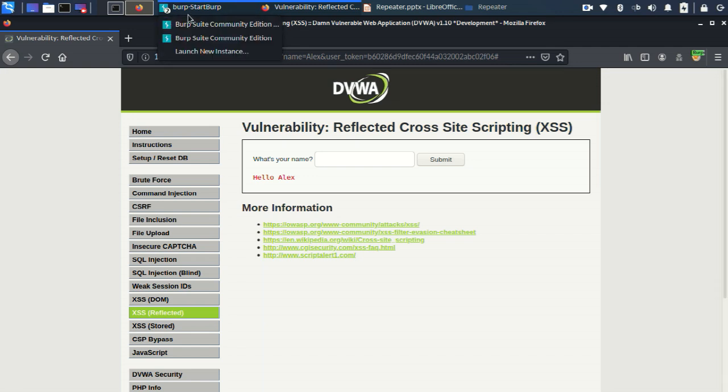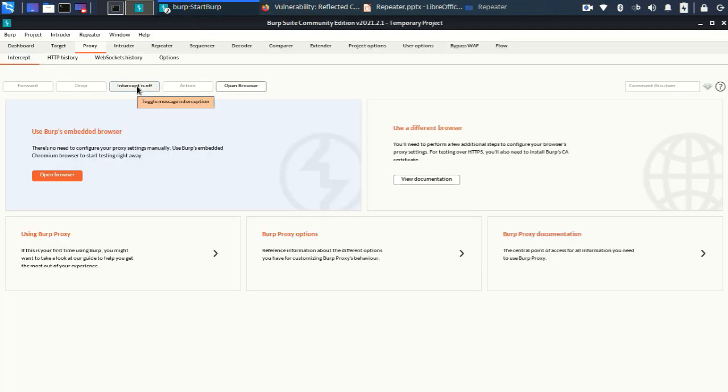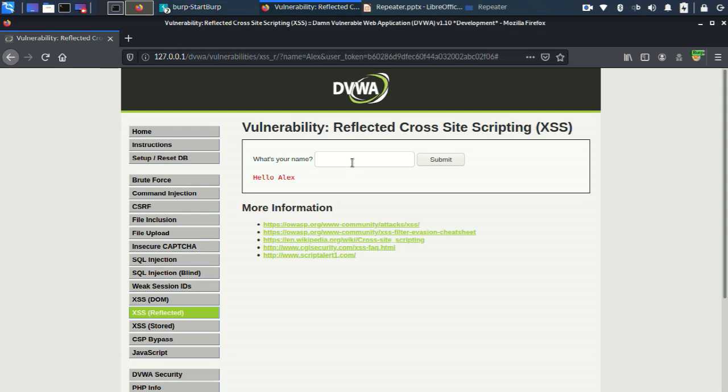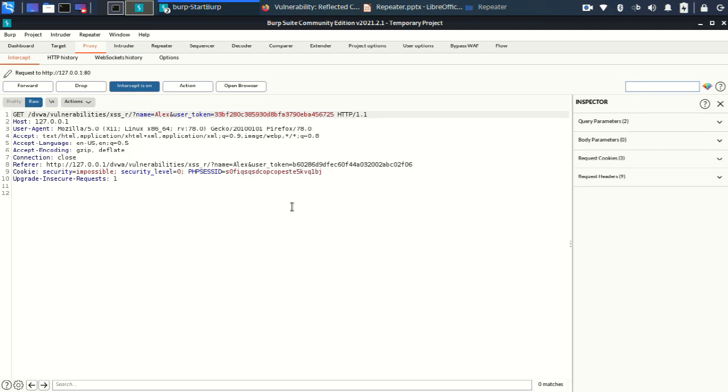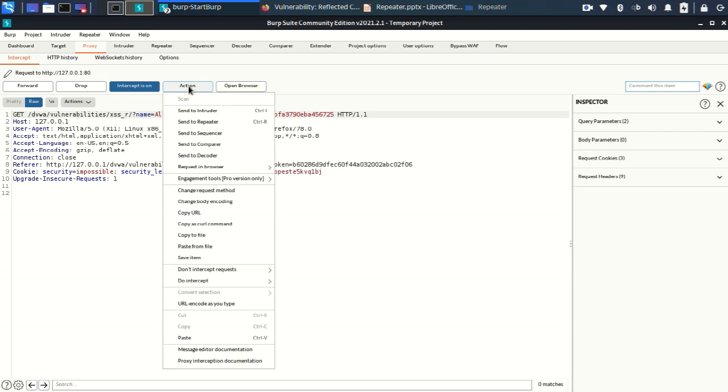Let's see what happens. Now this is a request that has been trapped by Burp Suite. Now I'll go to Action, and I'll send the request to repeater. I'll go to the repeater tab. In the repeater tab there are two windows, a request window and a response window.